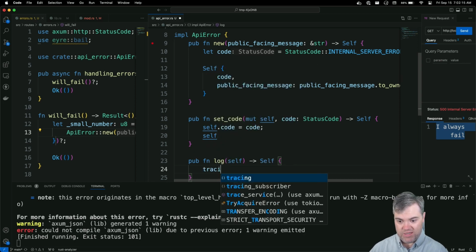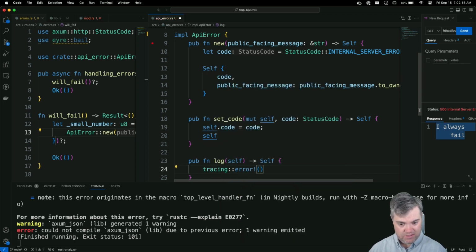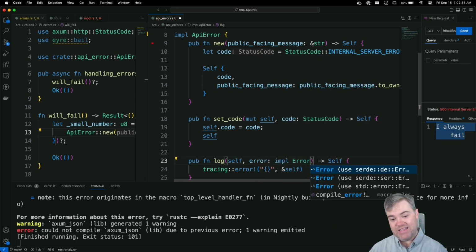We're going to just do a tracing error, and we can just throw in self dot. Actually, you know what? We don't have the real error. I want the real error here. So let's take in an error that's going to implement the Error trait.